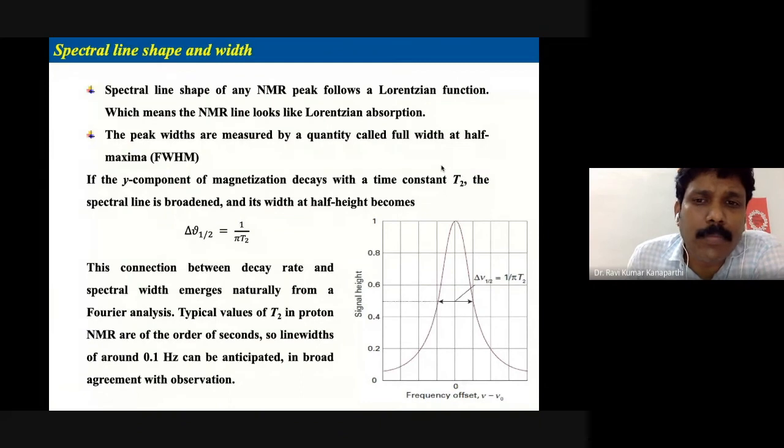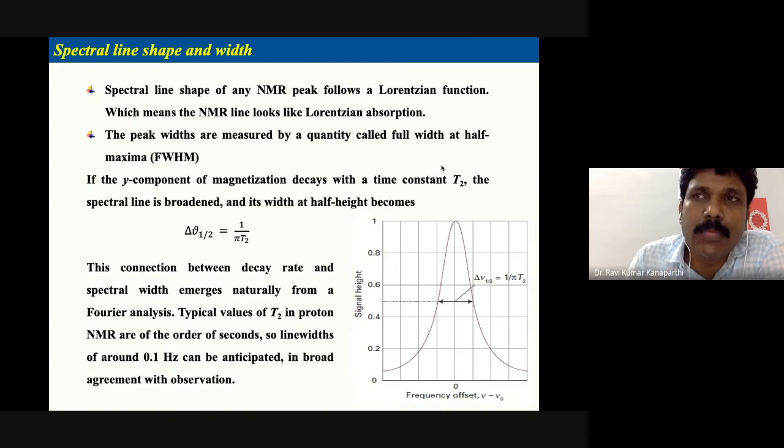And as I told you, in the actual NMR experiment we measure the FIDs, the free induction decay profile of the system. Okay, and this is time information, but from the time we don't get anything. What we do is use a mathematical tool called the Fourier transform, which converts the time information to frequency information, and the frequencies are something that we can interpret for our system and try to extract some information, right?